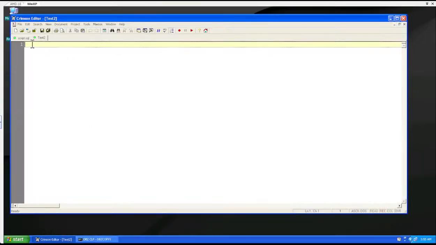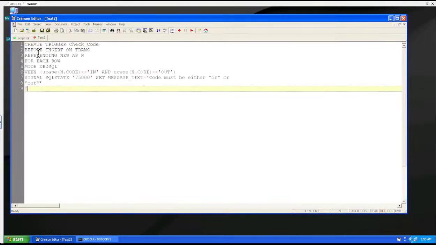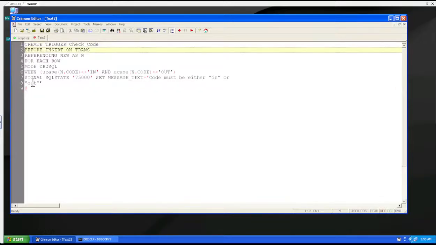Let us create another file, creating a trigger, right? So we are creating a trigger, and what happens is the trigger is usually, so I would say